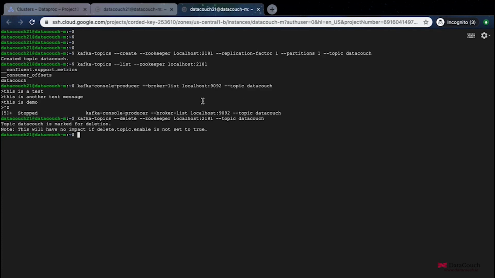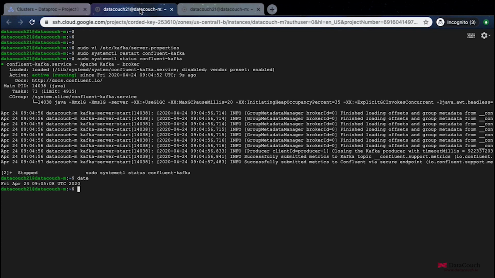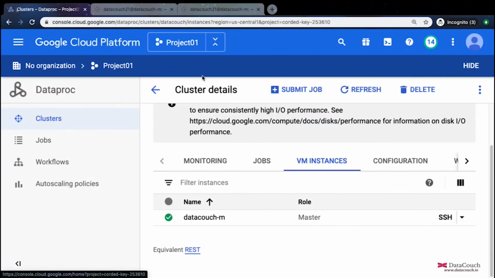Now I'm going here and I will re-execute this and see if everything is okay. Yeah, so it is still giving me this error, but it is just a note. We already set this property, so the topic is marked for deletion. I think after 24 hours or so, by default, that's the time interval, the physical deletion of the topic will happen. So hope this makes sense: how do we send data to Kafka, how do we consume data from Kafka, how do we change properties in the Kafka cluster. That's what we wanted to show you here. We will be building pipelines in the subsequent exercises, and then you will see much better examples, but this one is more like an introductory example to Kafka.